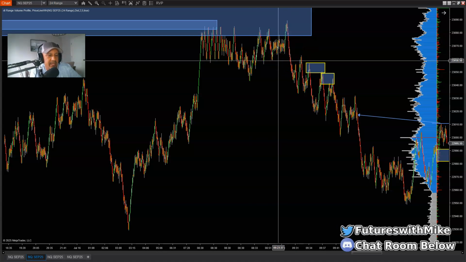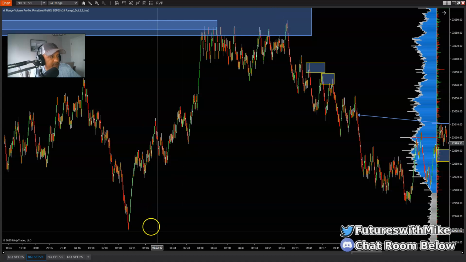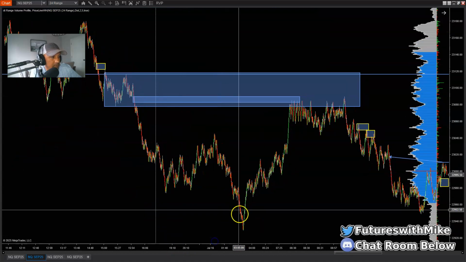And I always say, take your trades in the direction of what's going on on your higher base charts. So if we are moving to the upside on a lower base chart, a 24 range chart, whatever your lower base chart may be, but we're bearish overall on your higher base charts, trade in the direction of your higher base chart. So I would look for, on my lower base chart,